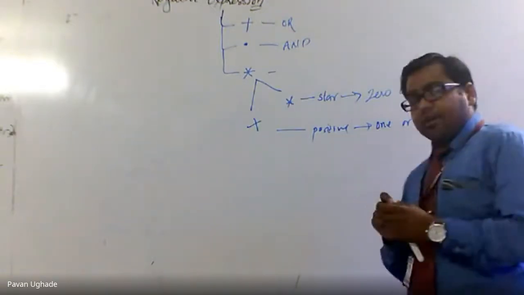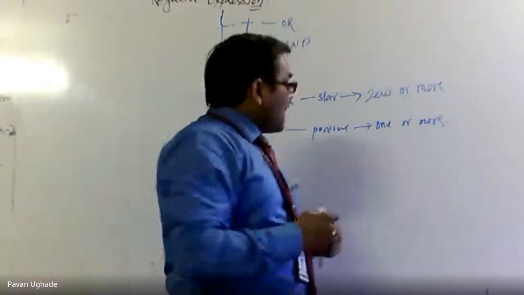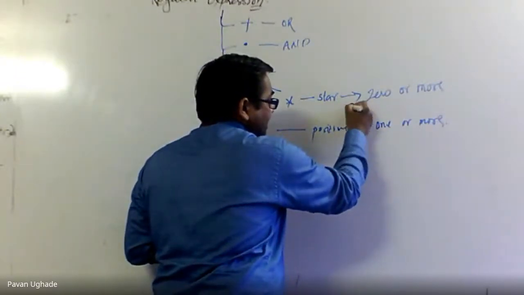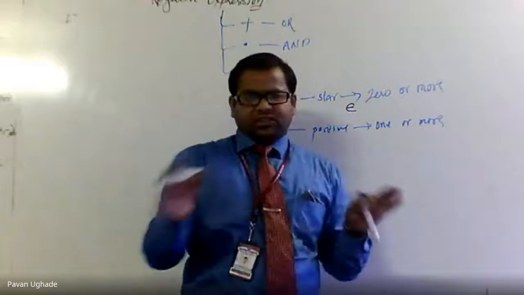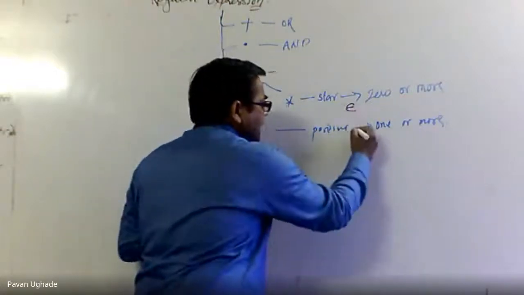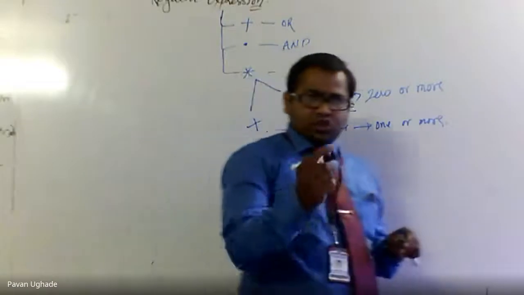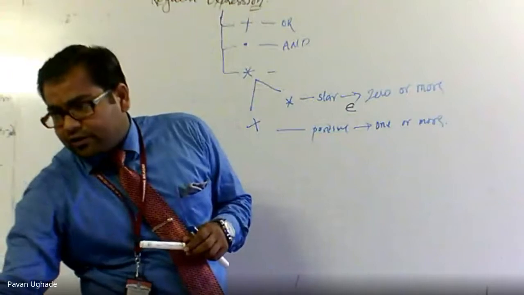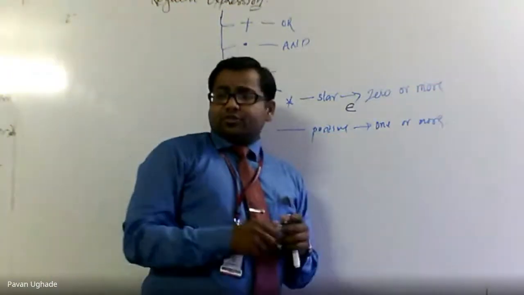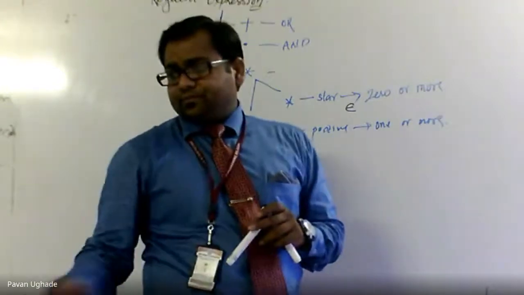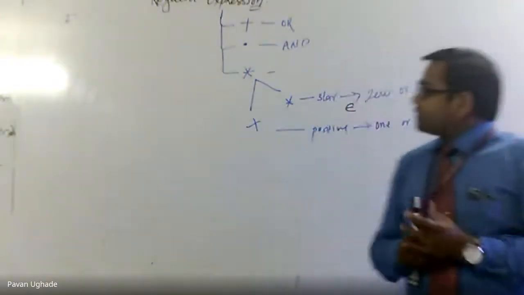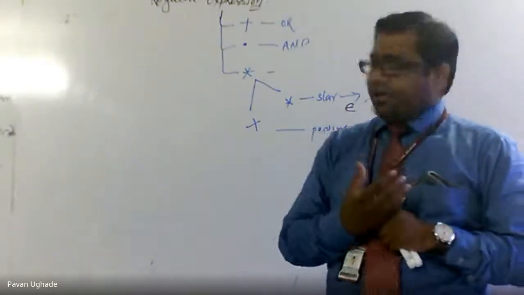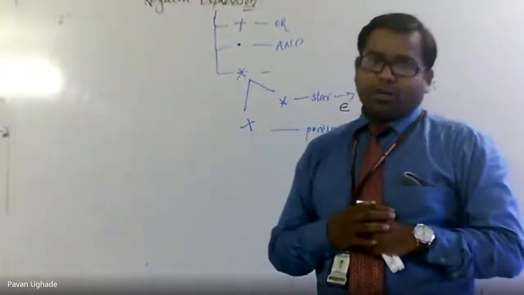In a different way, in the first model, the star means it accepts the epsilon. What is that epsilon? Nothing, the null string. The positive closure does not accept the epsilon, so it starts with one. We have talked about this in the earlier class also. In today's class, we will be discussing some different flavors of regular expressions. We'll be discussing how to get the regular expression and the automata designed for it.